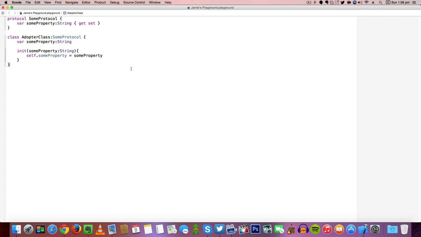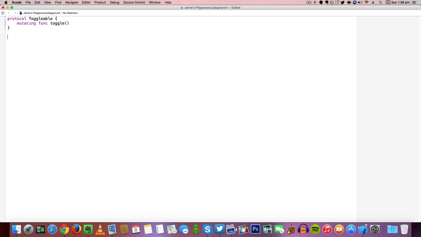Okay, so let's do an example of a protocol. Okay, so let's remove our code. Let's create a protocol, and we're going to call this Toggleable. We're going to create a protocol that can essentially virtualize the toggling of a light switch on a wall. So we're going to create a mutating function and call it toggle, and we're going to do empty parameters, and